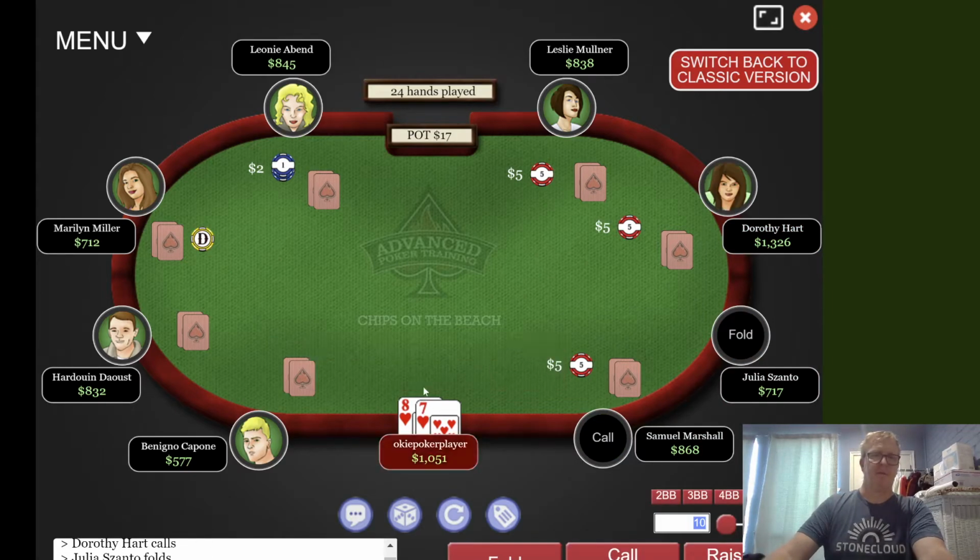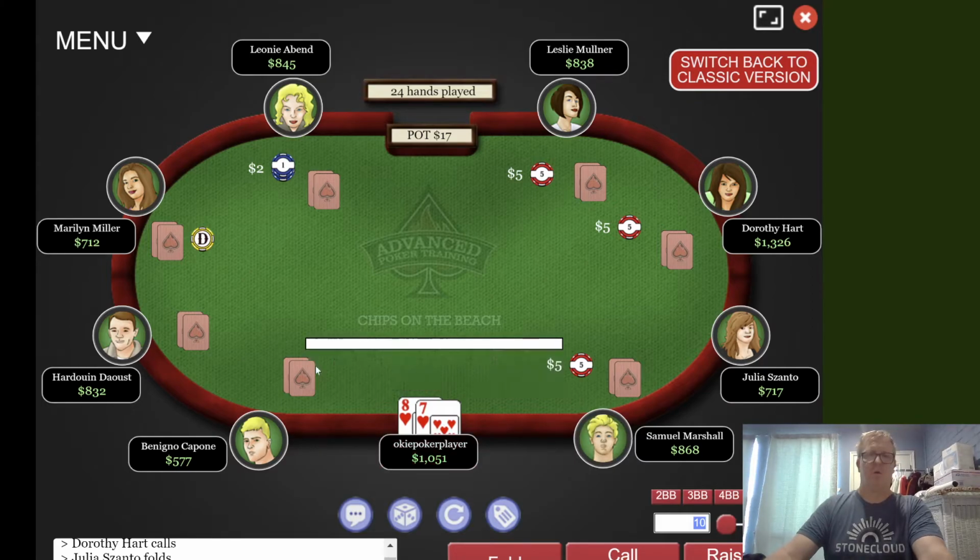This is a call hand in this case. Now again, we're calling with the intention of possibly 3-bet bluffing if we get a raise after us. Again, the raise that comes after us a lot of times is going to be these players trying to take down dead money pre-flop because of all the limps before them. So we want to